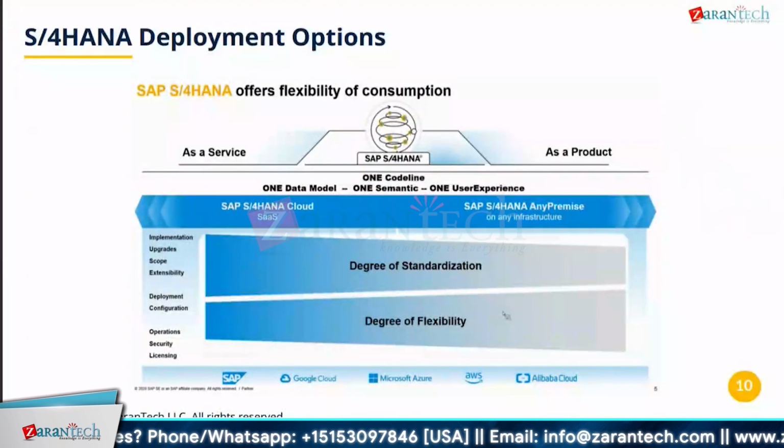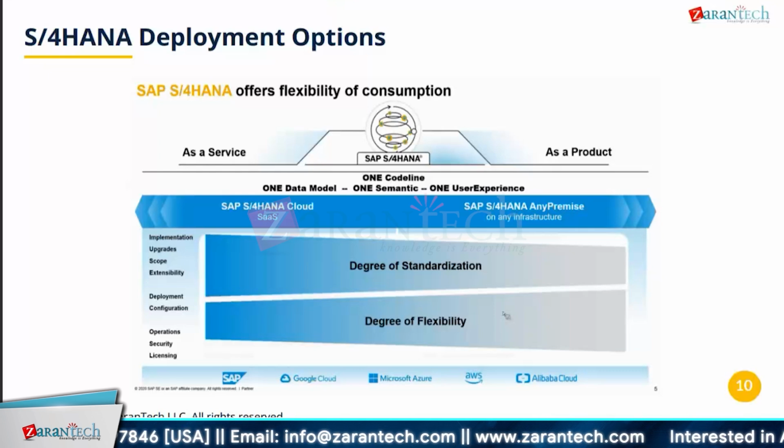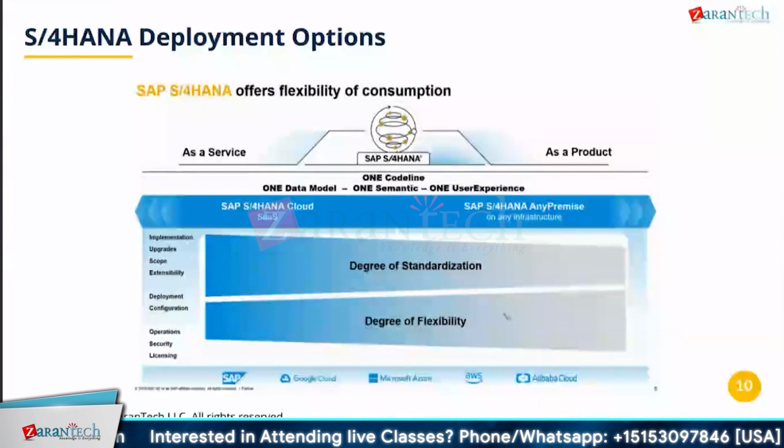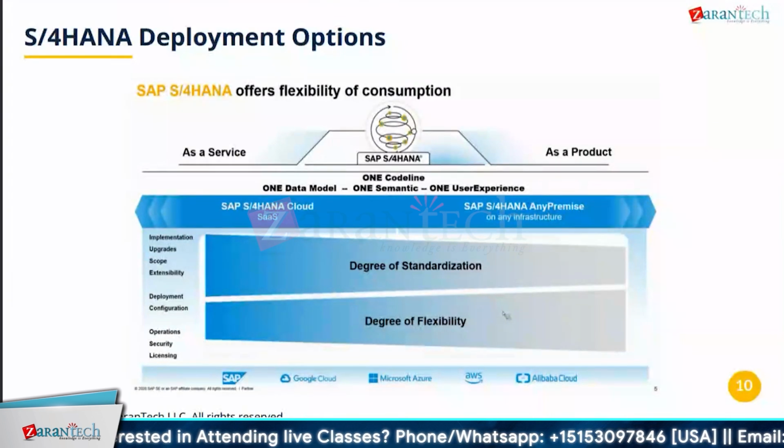So next is the SAP public cloud, the third deployment option which we talked about. It's also called SAP S/4HANA Cloud. It is a multi-tenant cloud solution offering, and it's basically the most current SAP offering with the latest SAP innovations, and it is offered in a subscription model only. It provides you scalability, ease of use, and as SAP claims, the lowest total cost of ownership, or TCO, among all